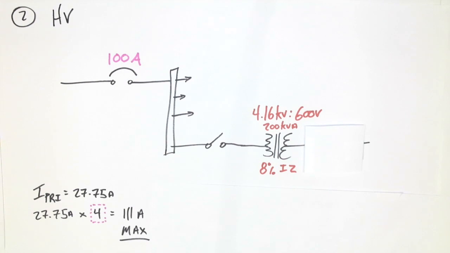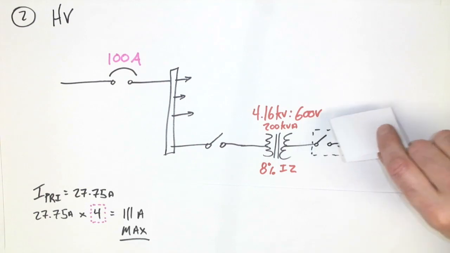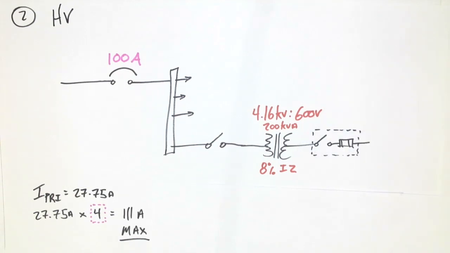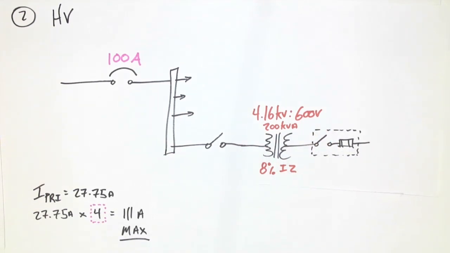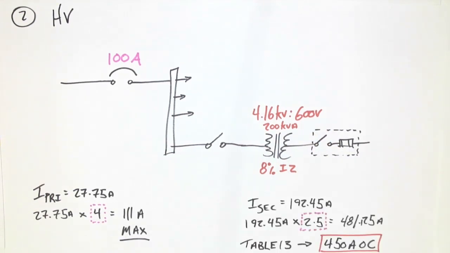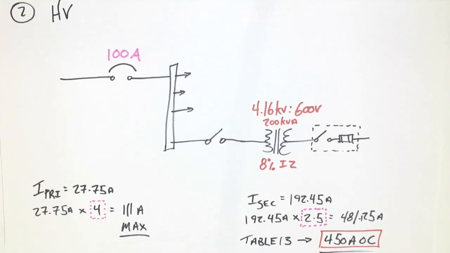And now that we've determined we're going to remove the primary overcurrent, we have to determine the size of the secondary overcurrent that will protect the secondary conductors. We need to again know what type of overcurrent it is, although it's not as important in this situation because it is low voltage on the secondary. So low voltage secondary, 8% IZ, we do a calculation with the secondary current and we come out with